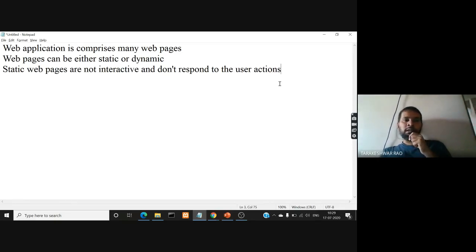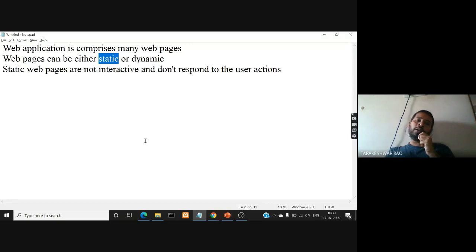Because your web page is dynamic. So a web page which is dynamic will interact with you and give a response to you whenever you perform some action on it. But those web pages that are static, they'll not have that feature. They'll not respond to you. They'll not give any notification for you, or the content will not change in the page. Such pages are called static web pages.